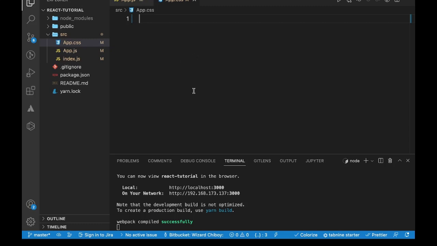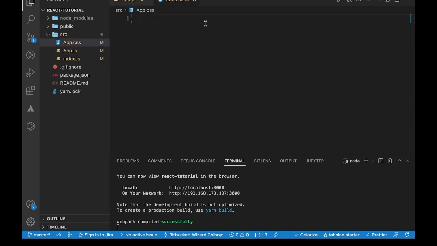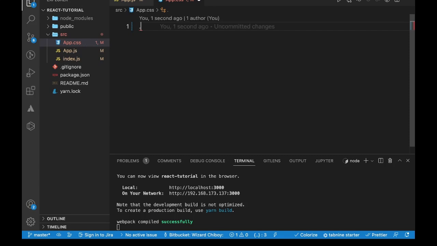And remember, we have app as our class name. We are looking for a way to add a background color to this. What I can do is just write your normal CSS. In React.js, nothing changed in the CSS. The CSS remains the same way you used to know it back when you were still learning your CSS. You can just go ahead and say app here, and then probably apply a background color,